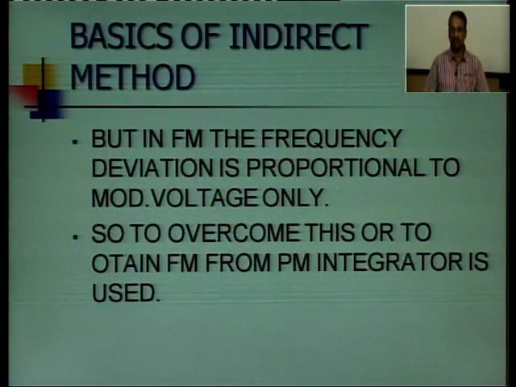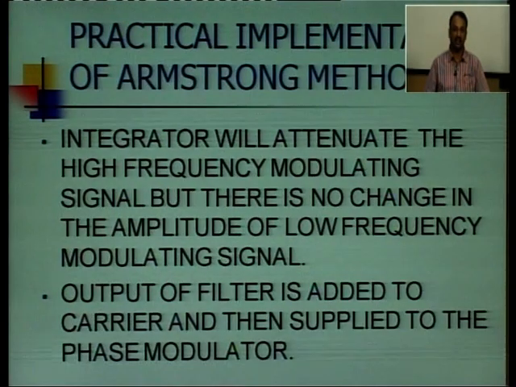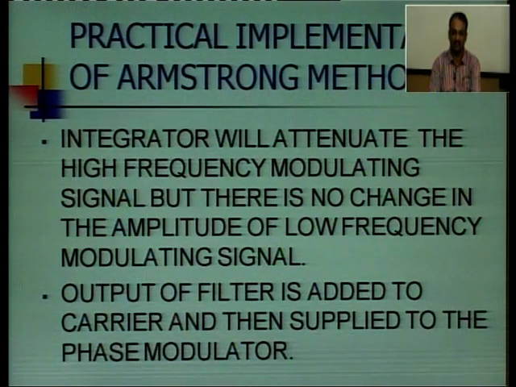To overcome this, or to obtain FM from PM, an integrator is used. Integrator will attenuate the high frequency modulating signal, but there is no change in the amplitude of the low frequency modulating signal. Output of filter is added to